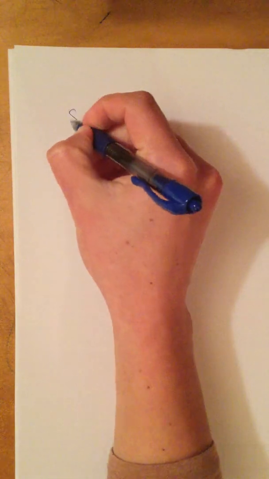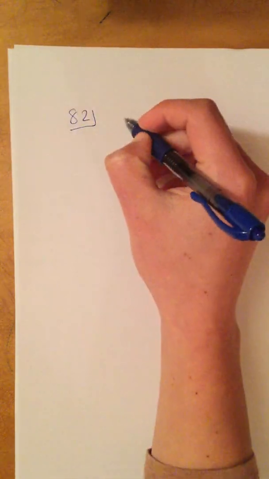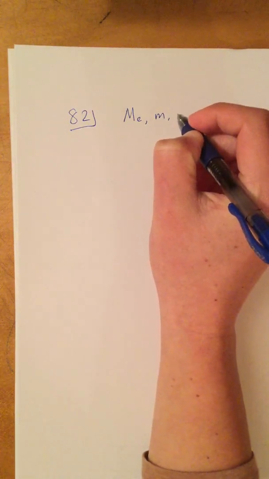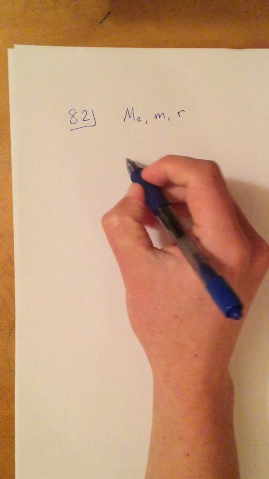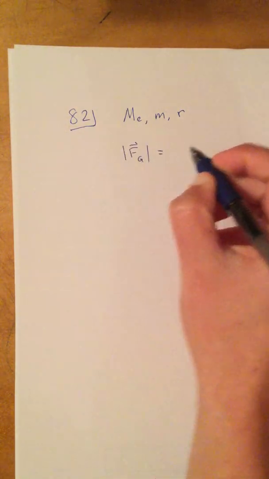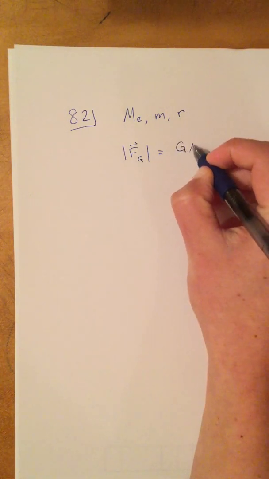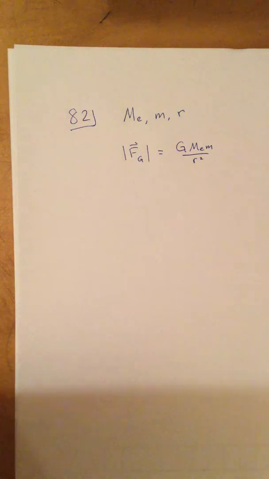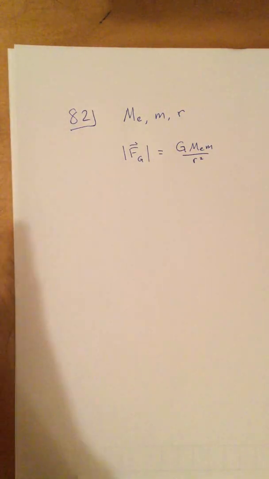And to do this, we have given to us capital M, the mass of the Earth, and we are looking for the gravitational potential energy at location little r. And they tell us that the magnitude of the force of gravity is equal to what we have here. And we want to find